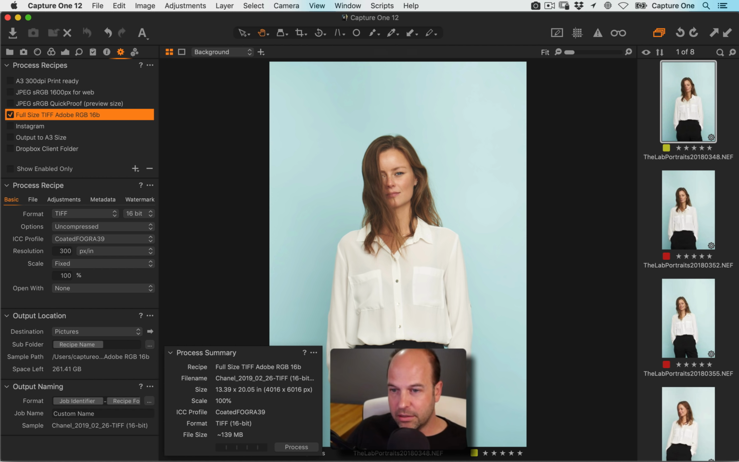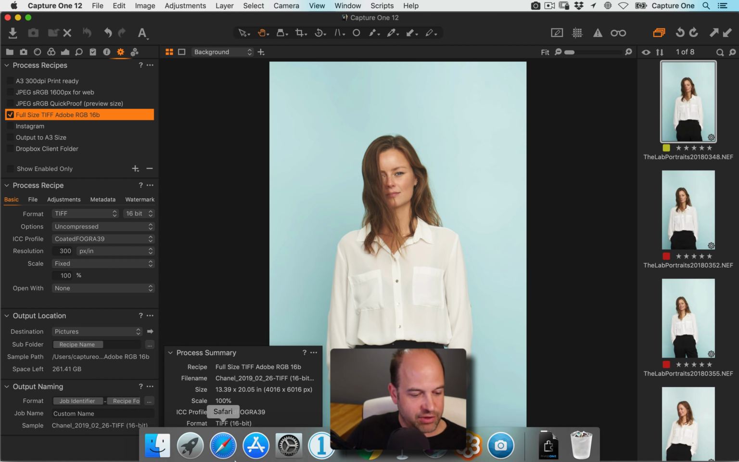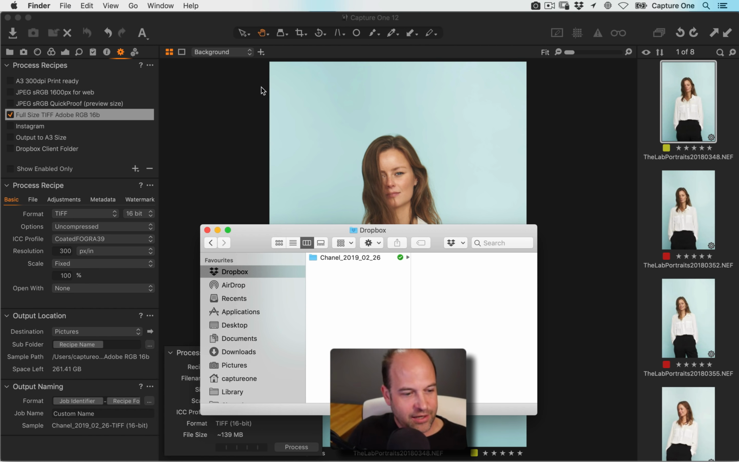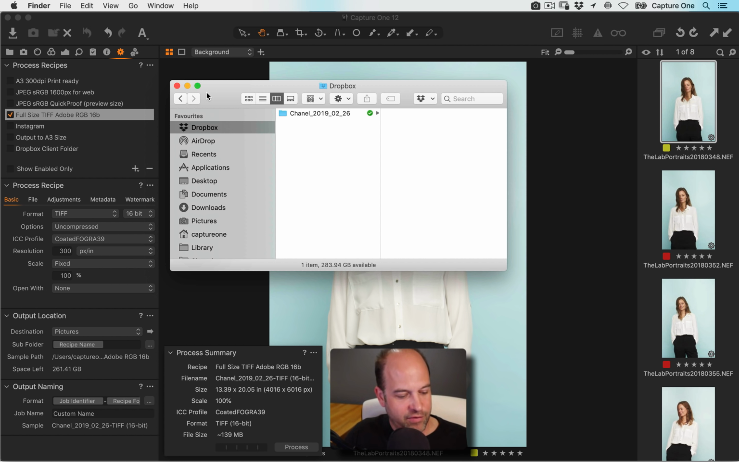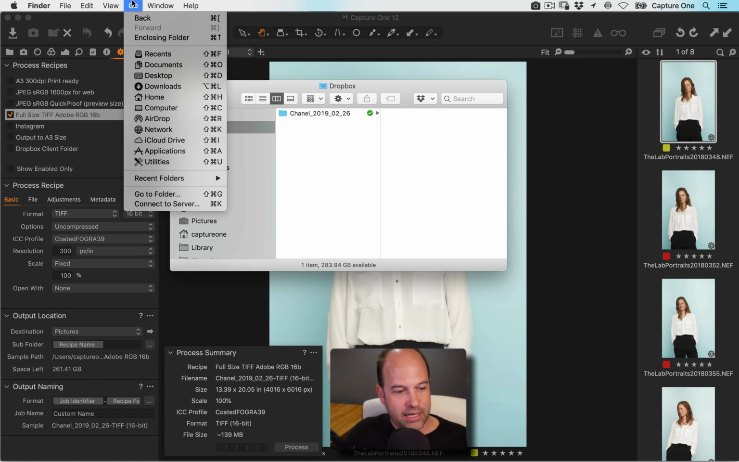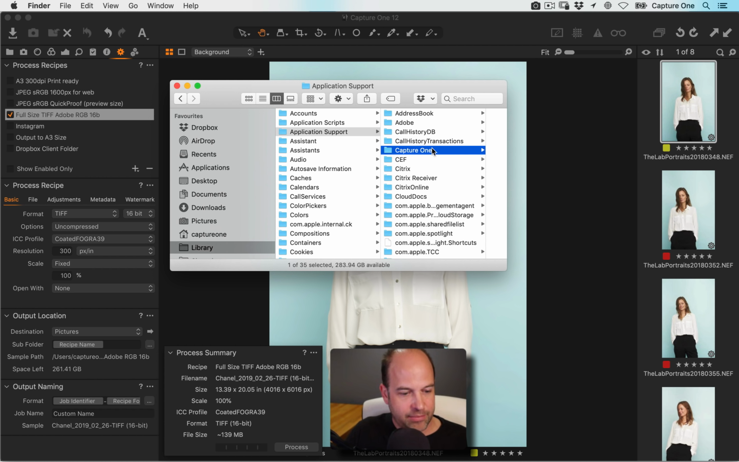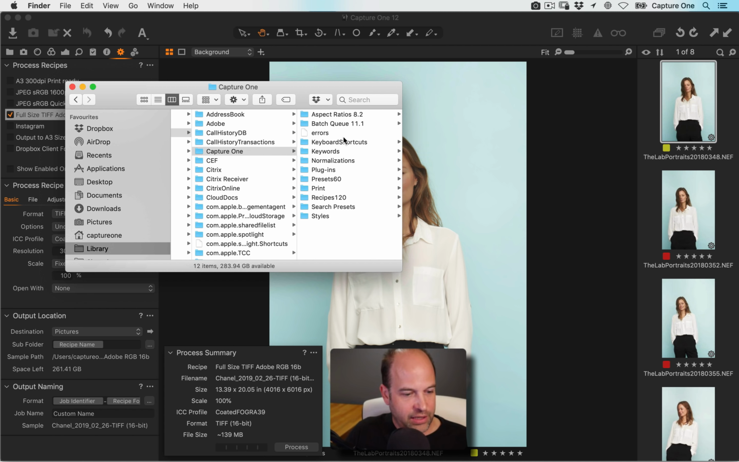I think that was it. Oh, yes. How would you copy process recipes elsewhere? Go to your Finder. We'll cover PC in a second. Go menu, hold the Alt key down. Ta-da, Library pops up. So that's with the Alt key. And then you've got Application Support, Capture One, and you'll find